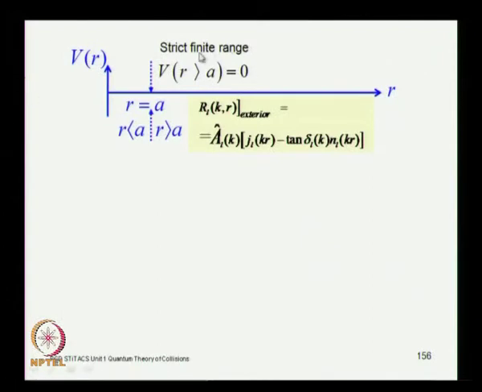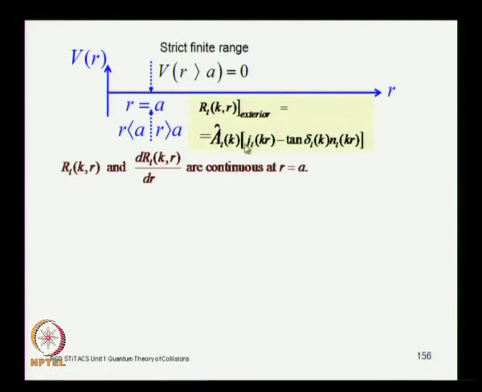So, in this case the exterior solution, which is the asymptotic solution, this is the solution as r tends to infinity, right. Now, that is going to be the nature of the solution in the exterior region, and that we already know from the outgoing wave boundary condition is given by a superposition of the spherical Bessel function and the Neumann function, and it is mixed in this proportion which is determined by the potential via the phase shift it generates, or rather the tangent of the phase shift it generates, right. So, this is the radial function in the exterior region,